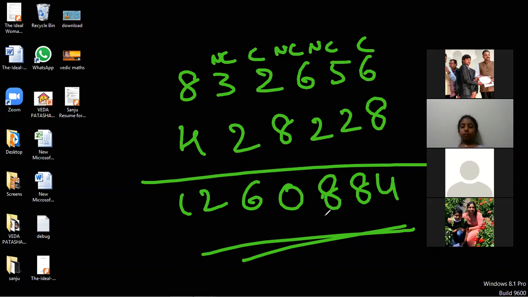Yeah, is there another way of understanding non-carry and carry? Instead of writing NC on top of non-carry and C on carry, could we do the problem